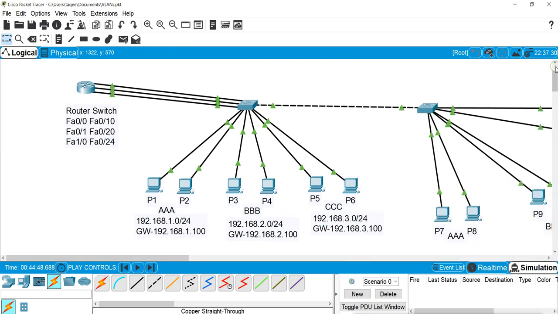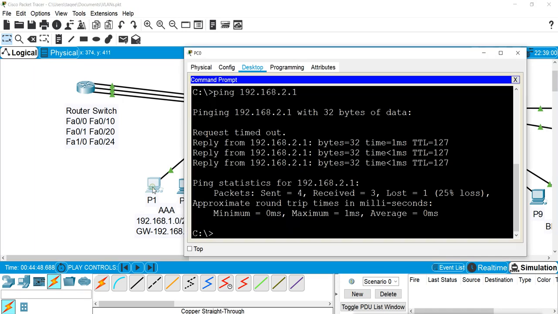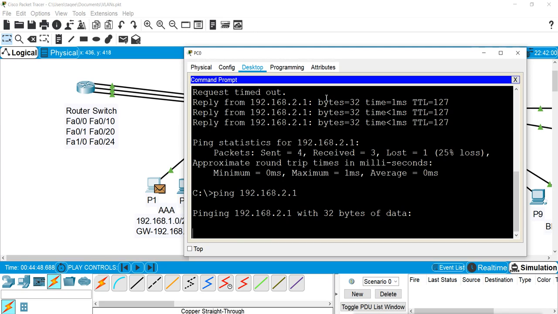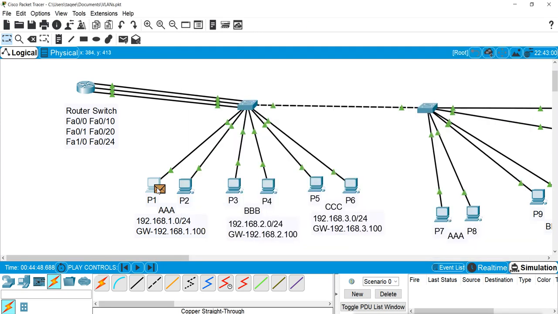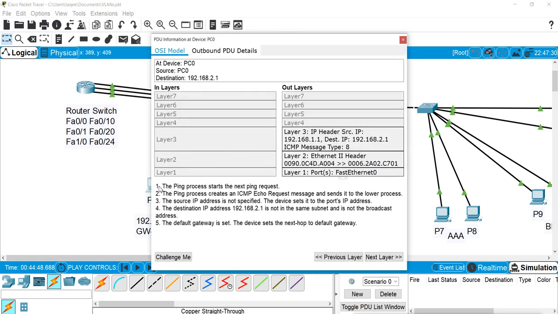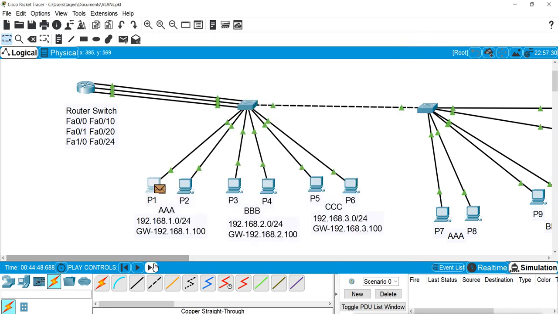Here in this mode we can see how the packet is traveling. I have already pinged this. Now I will ping it again, and we'll see how it is moving. So this is the ping request. It is an ICMP request, and this is for this machine PC3. If you open the packet, you can see this IP to this IP, and for the MAC address, this MAC address to this. Now this is the destination MAC address. Basically this destination MAC address is not for PC3, it is actually the router's interface, because it has to go through the router. Now see where the packet goes.